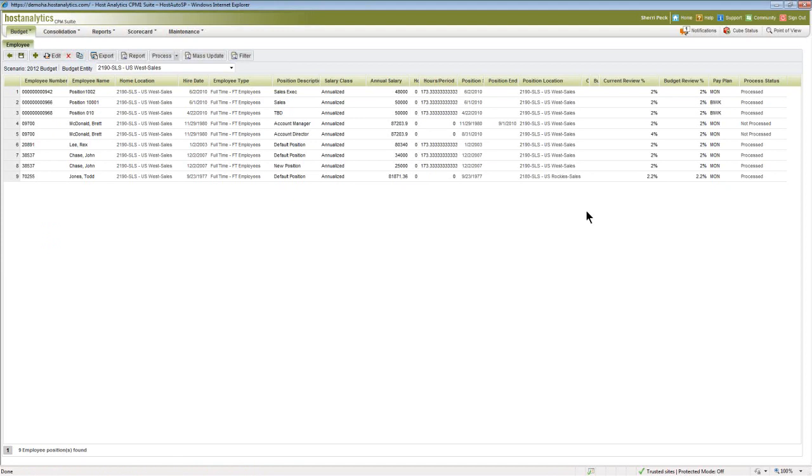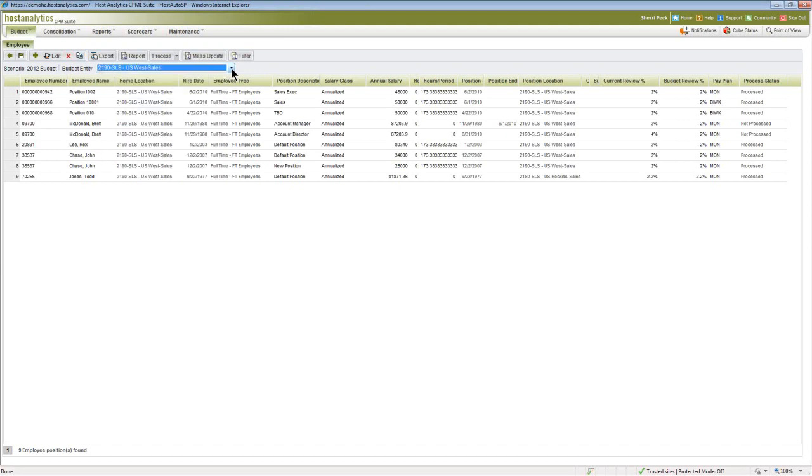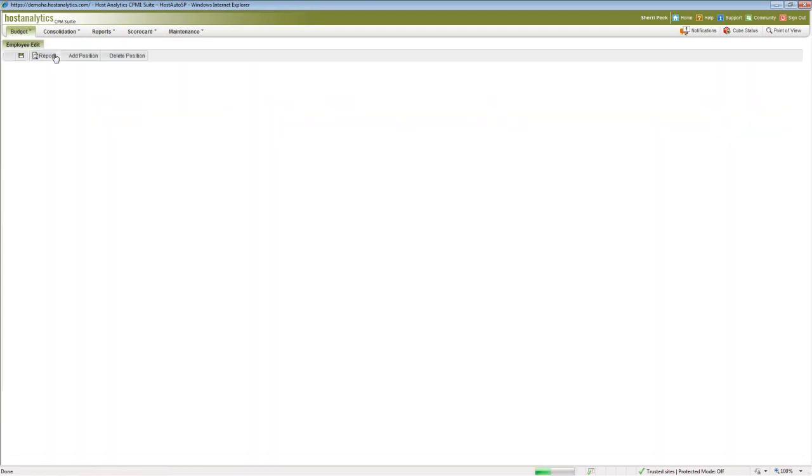Now that can occur either through a flat file or an ETL process, an extract, transform, and load if you want to automate it. But once the rule is set up, it's really quite simple to keep rerunning it each month. So the budget entity shows me where I am in the organization, and this has full security around it. So if your users are only budgeting for their individual departments, that is all that they would have access to. Now, the power comes in being able to get to a very granular level. So let's go down to one of our employees and see how the expense is built up.